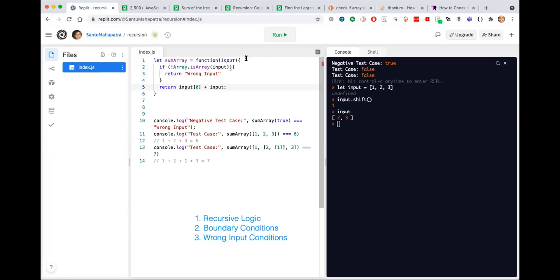So maybe I can do that. Like, will this work? Input dot shift.